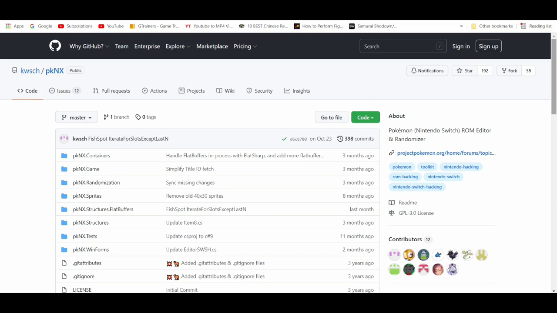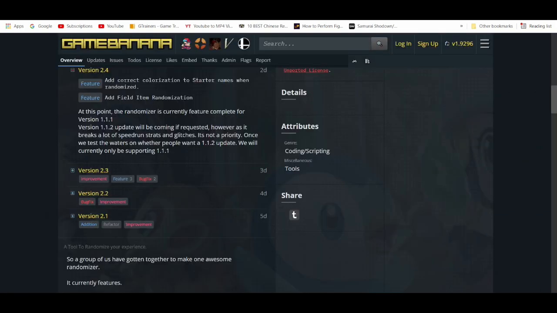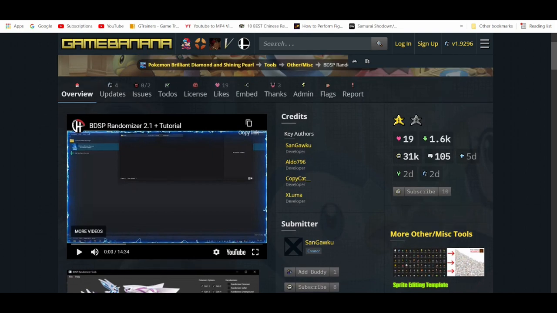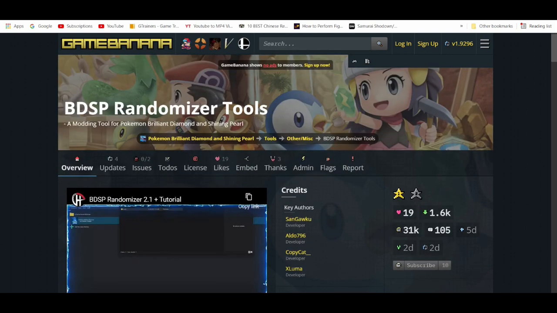So luckily, a user made a little mini toolkit called the BDSP Randomize tool, and it's pretty user friendly, and you can do a lot more. I mean, you can randomize tools, Pokemon levels, everything. It's not as advanced as PKNX, as you guys may know. In PKNX, you can do a lot of things. You can edit certain trainers on Pokemon, edit text. You can do a lot more advanced things in PKNX, but fortunately,